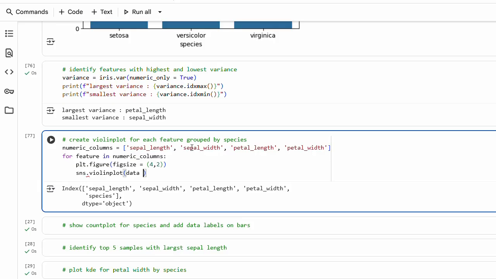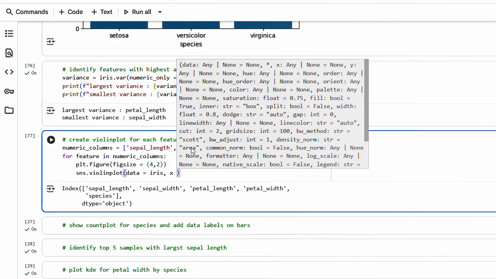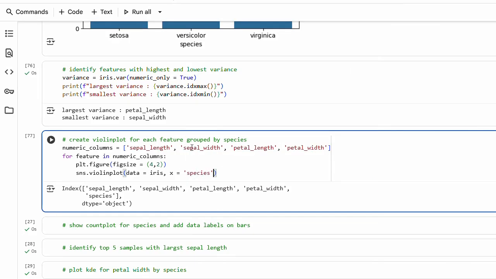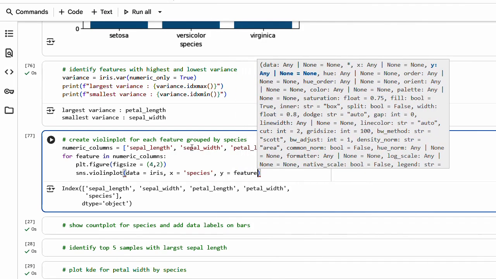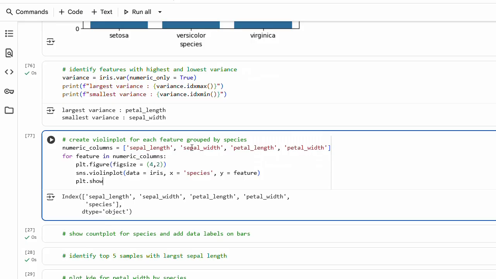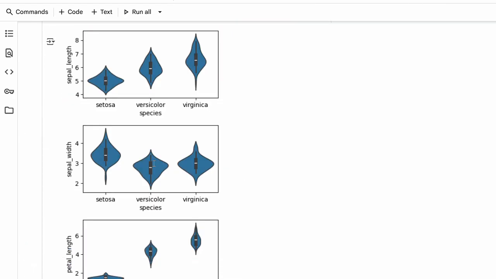In data we will give our data set which is iris, and in the x-axis we will give species, in the y-axis I'll give feature, and I'll use plt.show. So this will give us a violin plot for different